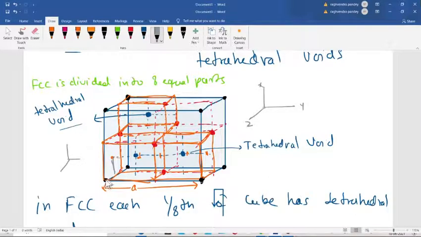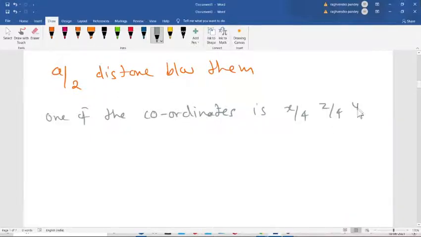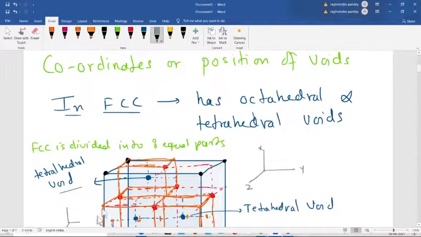Okay, suppose this is the 0 point. So that is your x. A by 4 on this position, A by 4 on this position, A by 4 on this position. So coordinates also we can write. One of the coordinates, the rest of the coordinates you can select from your calculation. So one of the coordinates is x by 4, z by 4 and y by 4. Okay, suppose this total is A